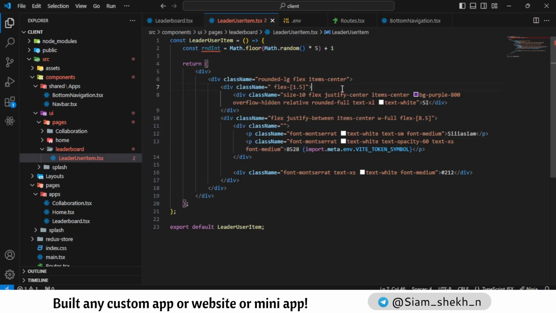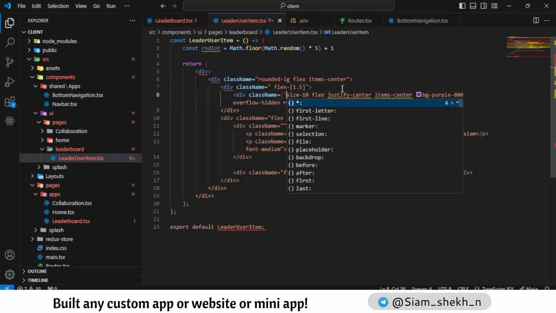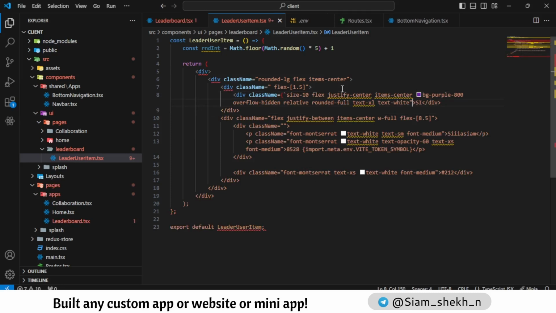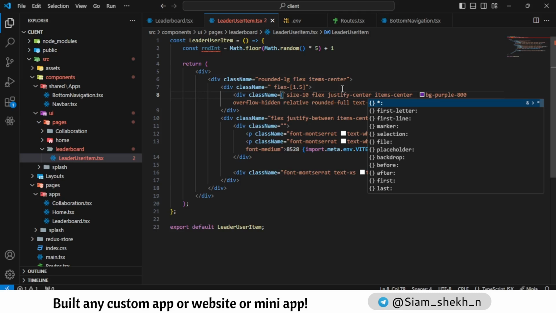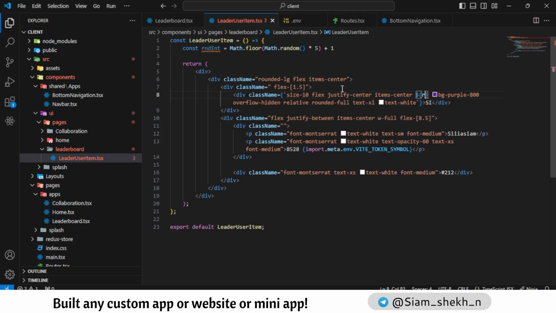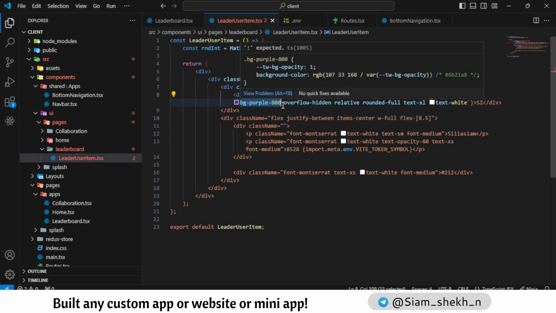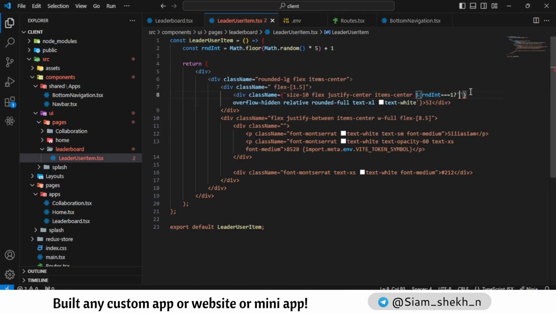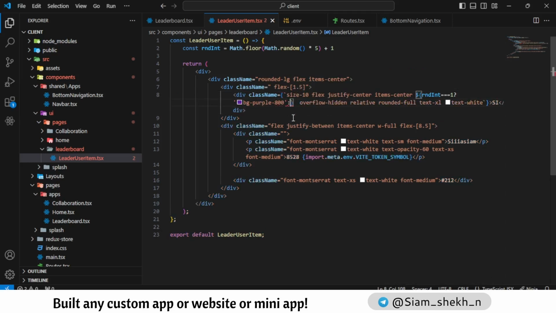Now here we will use a condition like this kind of something. I just make it okay. Now here I want if rnd int is equal 1, then show this purple, and then if not,